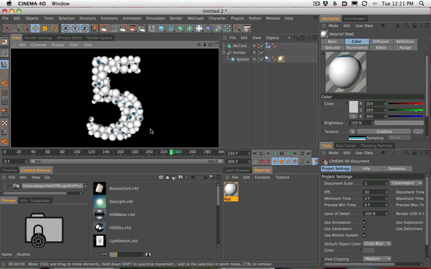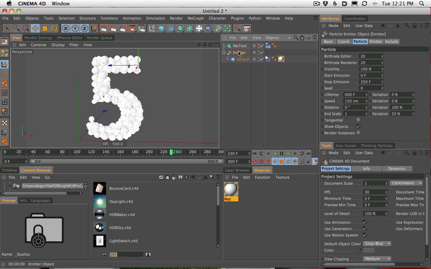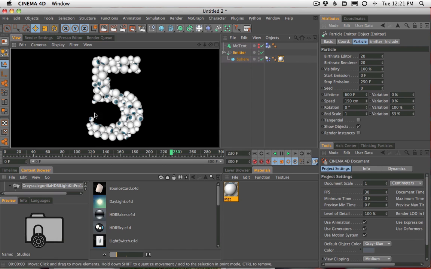So this is a good basic one. One other thing I want to do is go into the emitter and give the rotation a variation tweak. Well, it looks like it's already set to 100%. I guess we're all set with rotation. I just want to make sure that the eyeballs have the ability to see the outside. And it looks like we have pretty good randomness on the eyeballs. So that looks pretty good. All right, let's light this dude.